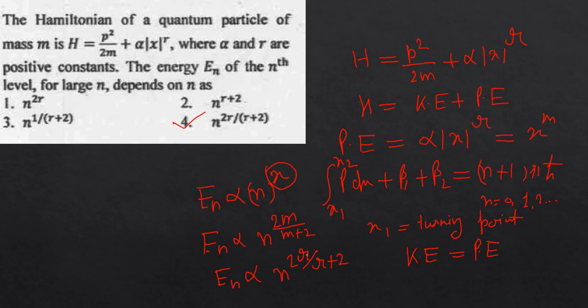वैसे भी this formula is only applicable for those questions जहाँ पे आपसे सिर्फ और सिर्फ प्रोपोर्शनैलिटी पूछी जा रही है, जहाँ पे आपको कॉन्स्टेंट्स भी फाइंड आउट करने हैं, यानी पूरी वो वैल्यू एनर्जी की फाइंड आउट करनी है. देन यू शुड गो with the WKB approximation method. This is the WKB approximation method.